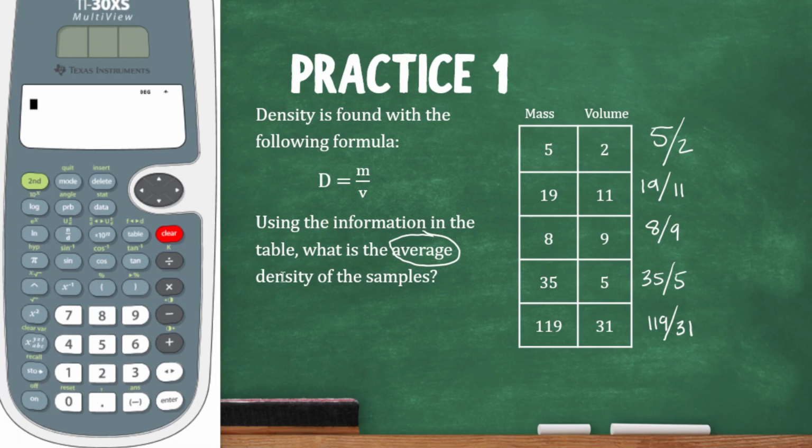So let's go ahead and do that first, and then we can find the average density. So my first density, I'm just going to write a D here in my new column,